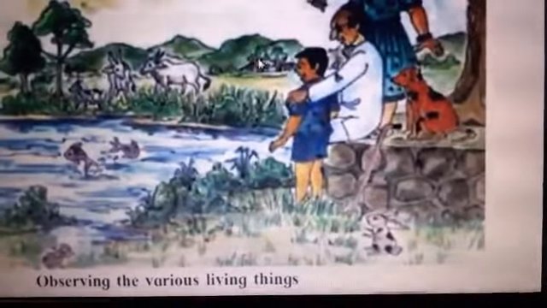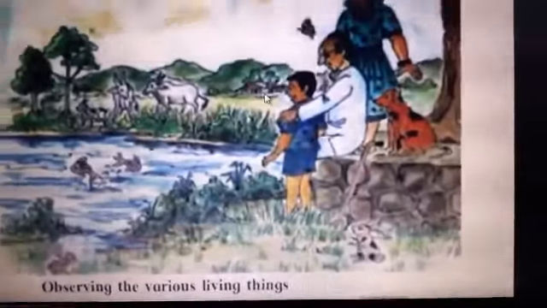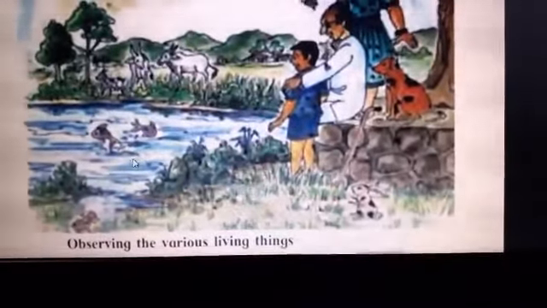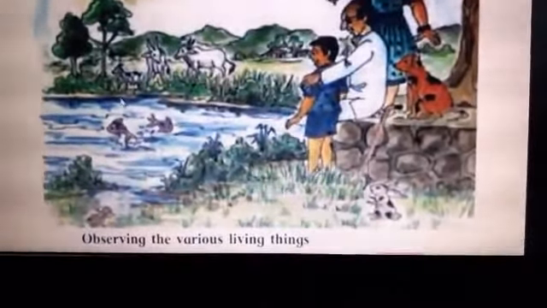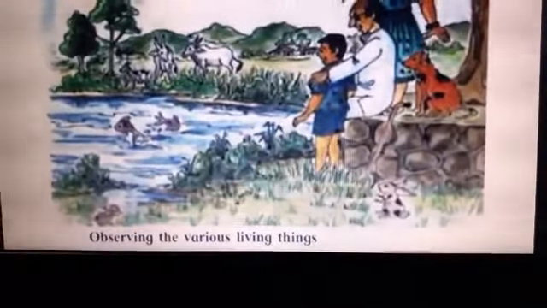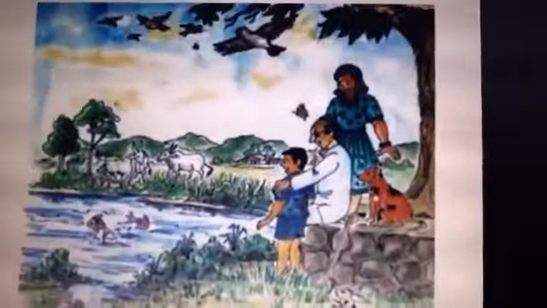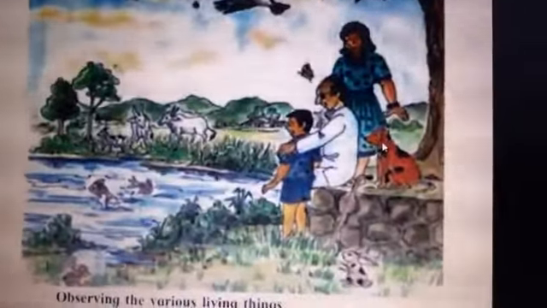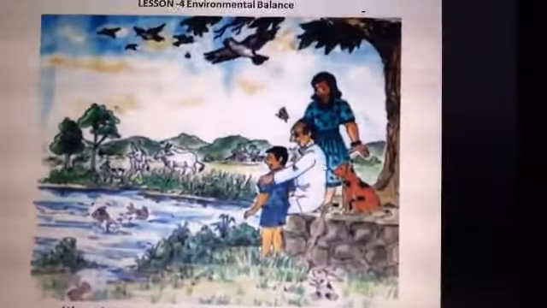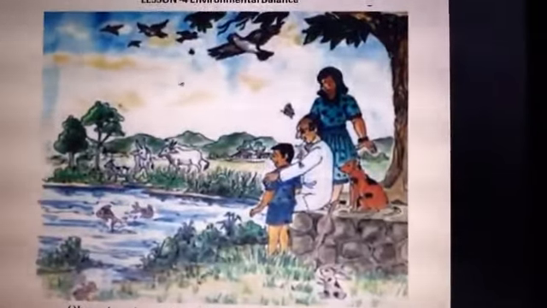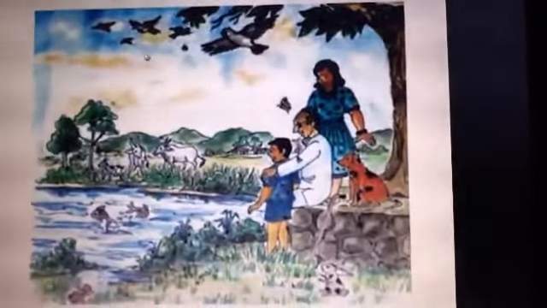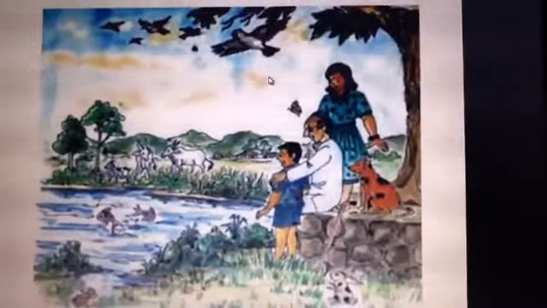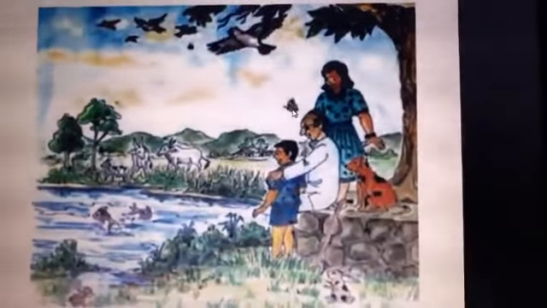Under the hill we have the houses which are visible to us, and this is the area where we have a pond or a lake. We can say this is a small pond where the water is, and here green grass and trees are also there. Here also we can see a big tree. Beneath the tree the grandfather and the grandchildren are sitting. Now what we have observed? Now see here, this is what? Blue sky. You can see the blue sky, and you can see these are the birds which are flying, isn't it? Here is a butterfly which is seen to us in the picture.